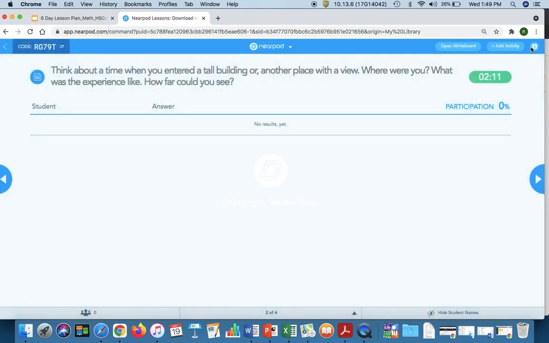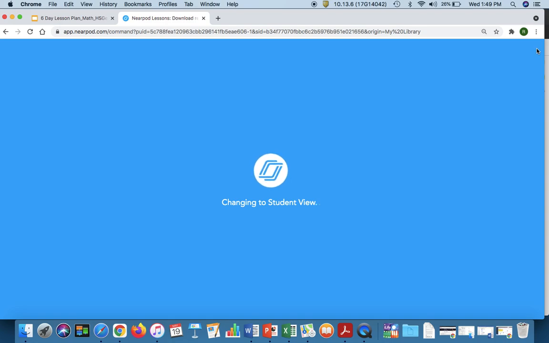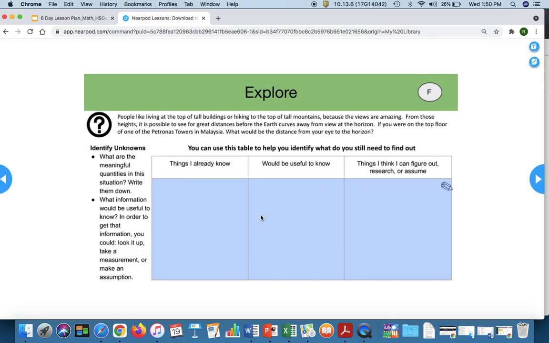For live participation, the main difference is students can't go on to the next slide until you go to the next slide. And I really wanted to show the student page for the draw-it activity as well. Again, this could be very useful if you're doing a graphic activity and students would be able to draw